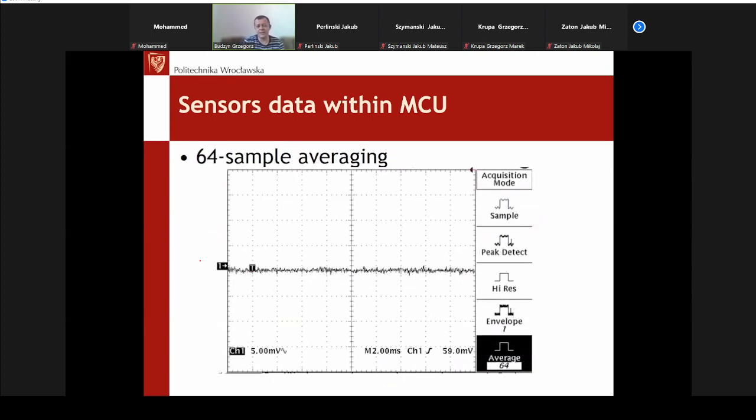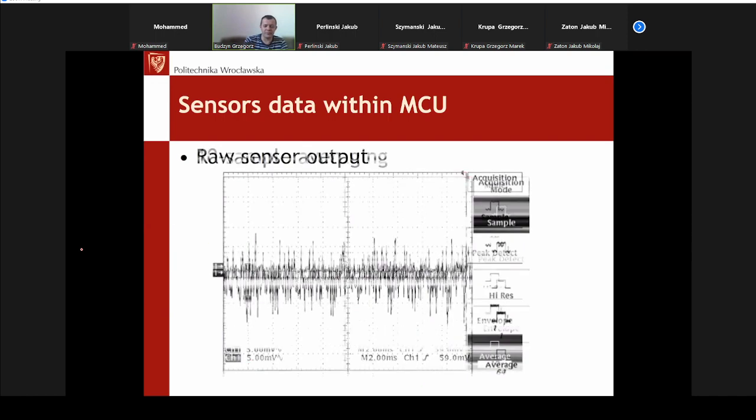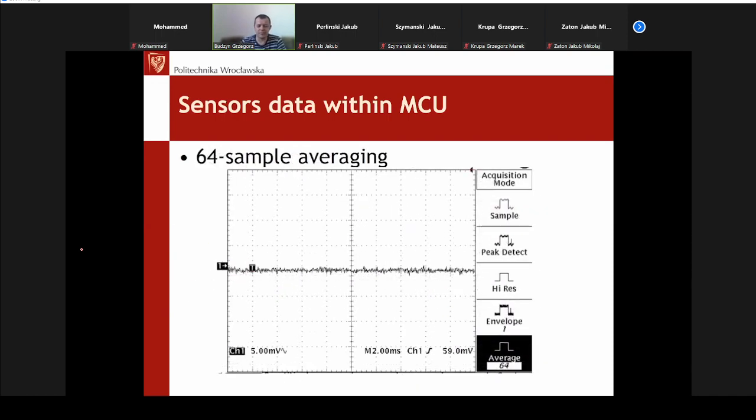And here you can see even greater averaging. 64 sample averaging. About the averaging, we could talk quite long about it, yet I would like to make one last comment, because theoretically, as you can see, there is a gain from no averaging between 10 sample and 64 sample averaging, so there is a really significant difference. Yet there is naturally a physical limit, the limit coming from the resolution of the ADC conversion,